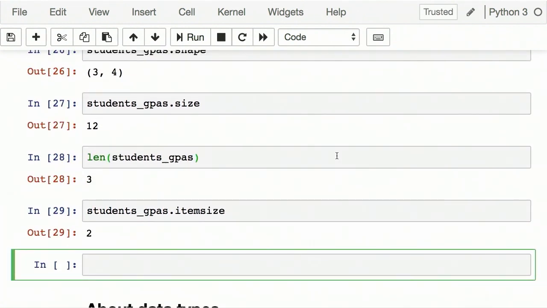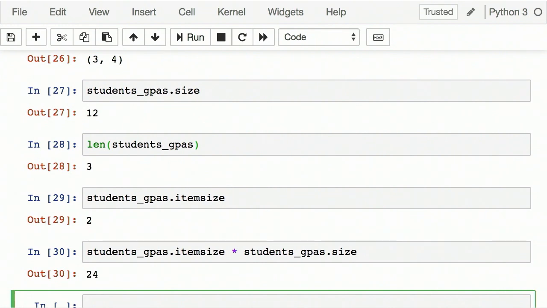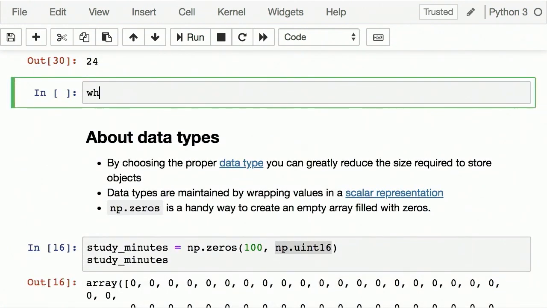And that shows you how many bytes are being used for each item, which means now we could calculate how much space we're taking up if we did students GPAs.itemsize times students GPAs.size. We're taking up 24 bytes, which lines up with exactly what you would see if you were to use the whos command. So say whos, and then if you follow it with a type, ndarray, it'll show us all the